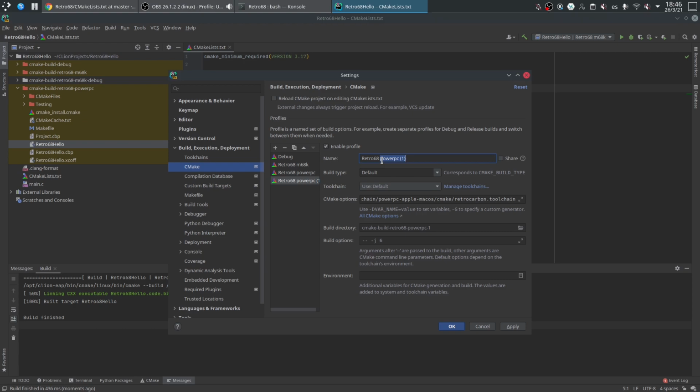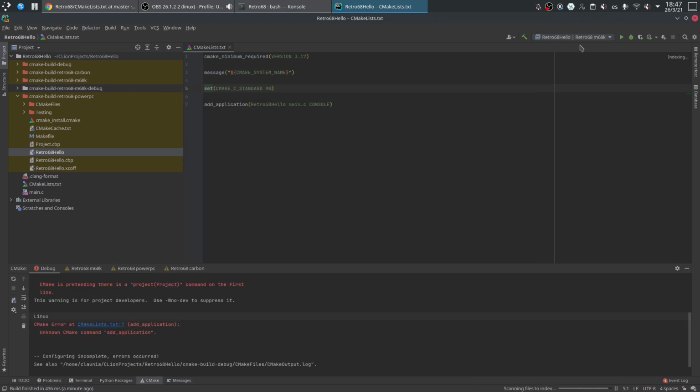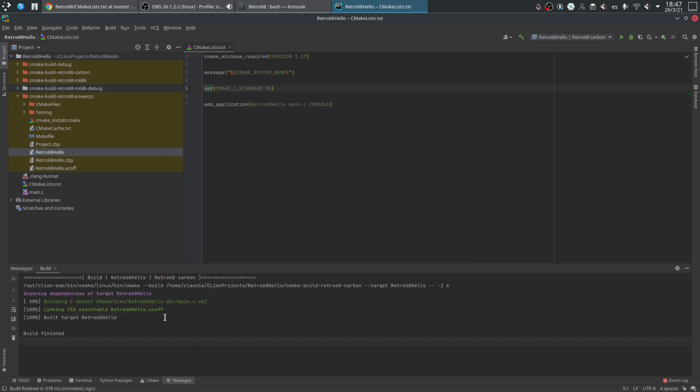The Carbon library is still very easy to download and allows you to create hybrid applications for macOS 10. Obviously for PowerPC macOS 10, Carbon doesn't really work on Intel. This is a discussion for another time. But in a nutshell, the application is going to compile for PowerPC anyway. I mean, you can get Carbon and port that application now to macOS 10, to Intel macOS 10, 32-bit Intel macOS 10. You cannot do it for 64-bit Intel macOS 10 or for M1 macOS 11 anyway. So now we have RetroCarbon, and if we compile it, we have the executable.